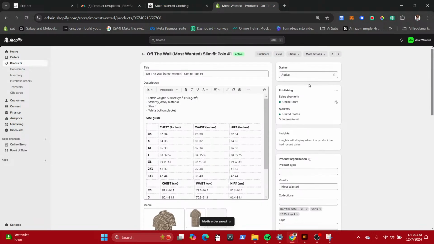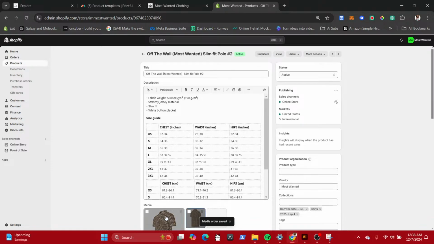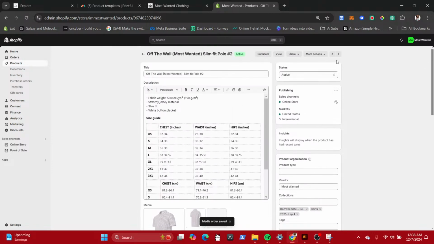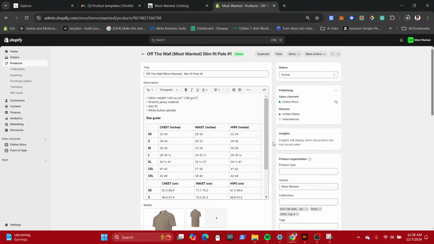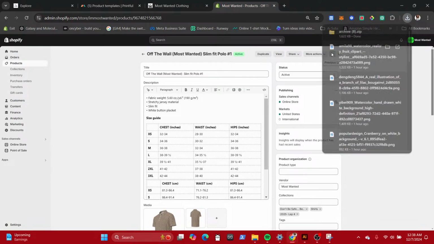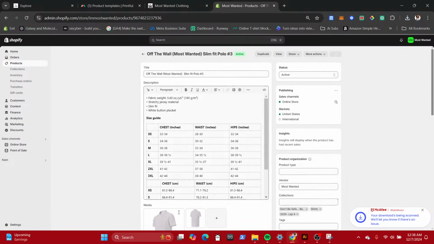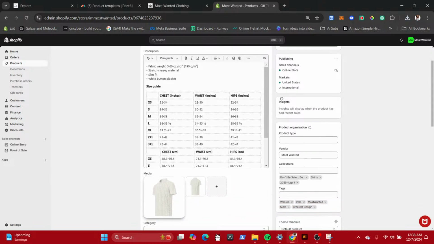Flip it. 1. 2. Wrong way. Let's see. Download mockup. Let that bring up downloading. So that's 1, 2. Bring that in. 3.